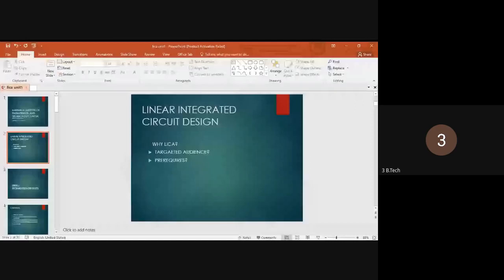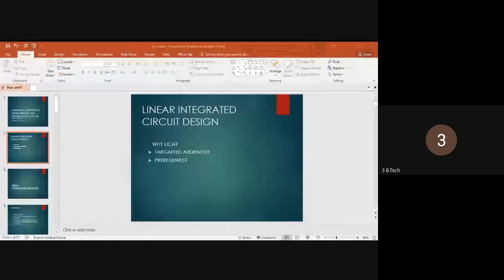Now we are going to see how different analog ICs can be constructed with the help of BJTs or analog devices. Before that, we should know what an integrated circuit, what an IC, is. A diode is simply made with the help of two materials. What are they? P-type material and N-type material. If you join these two materials, obviously a diode will form.